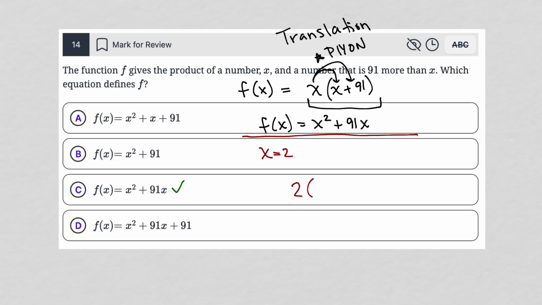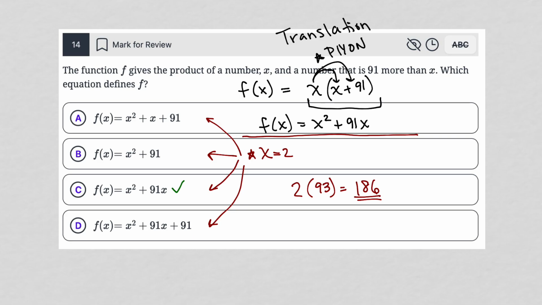Well, that would be 93, right? 91 plus 2 is 93. And 93 times 2, let's go to my calculator just to make sure that I don't make any silly errors on the test. 93 times 2 is 186. So then the next step to plug in your own number is to take that same value that you chose, plug it into the answer choices, and see where you get a match for the value that you expect, the